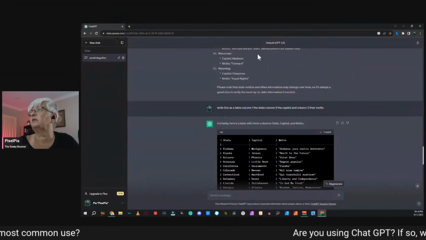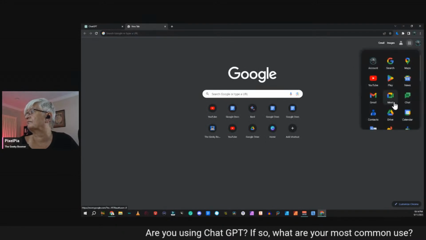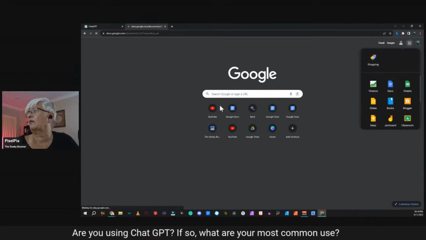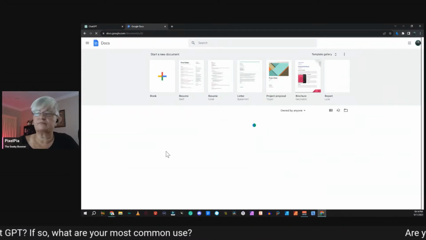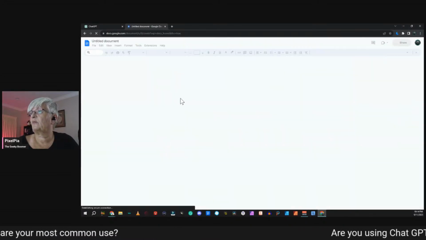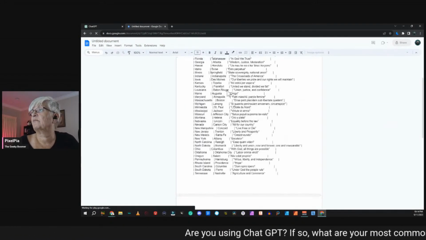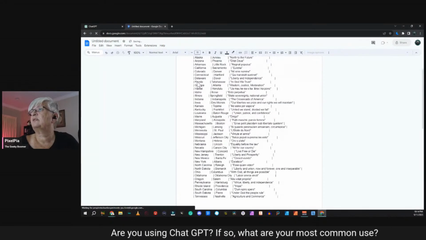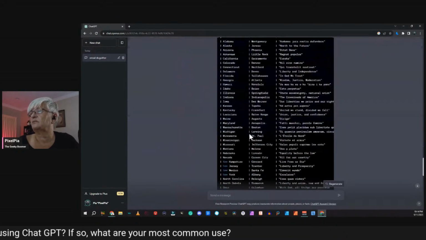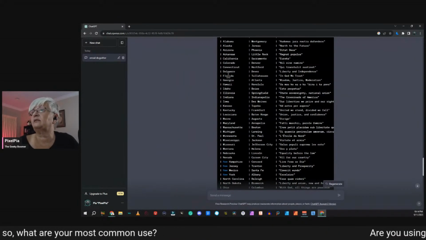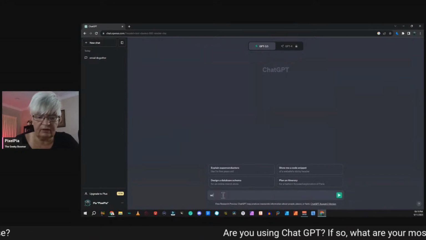So let's copy the code and let's open a doc. And paste it. Didn't work very well. I don't know why it is doing this right now. So let's